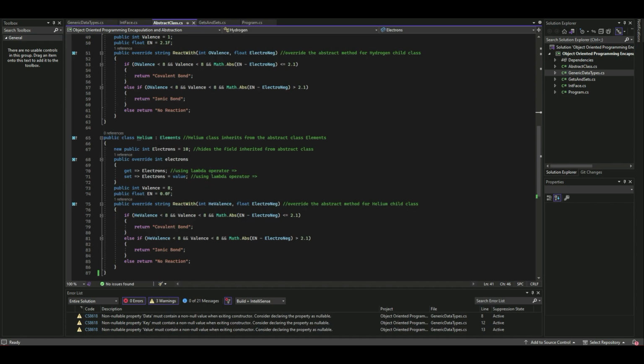Then down here I have helium. And we see that this has valence 8, and for all of these, the reacts with method has that if the valence is less than 8, then this will allow for a reaction. So it forms a covalent bond if our difference in electronegativity is less than